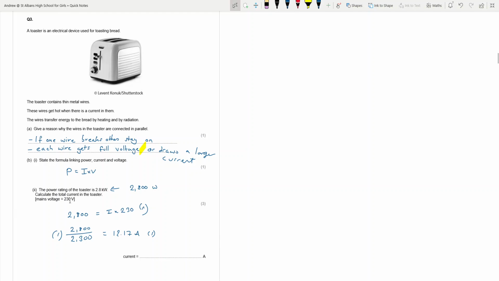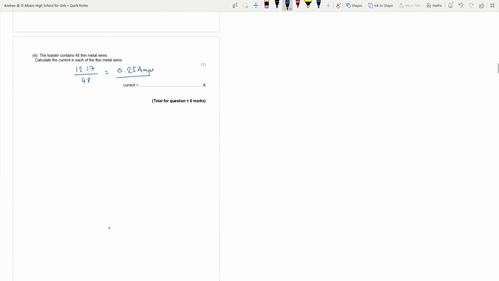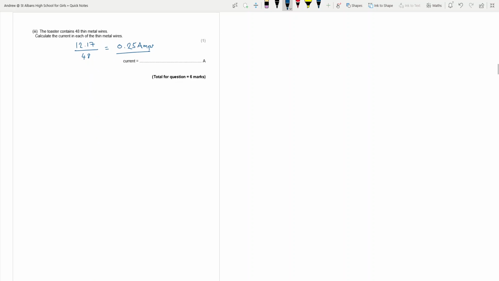So there we go. The toaster contains 48 thin metal wires. Calculate the current in each of the thin metal wires. Now, what we've actually got going on here, if we draw our little circuit, we've got our 230 volt supply, and we've gone into our toaster, and what's actually happening is we're splitting this current into the